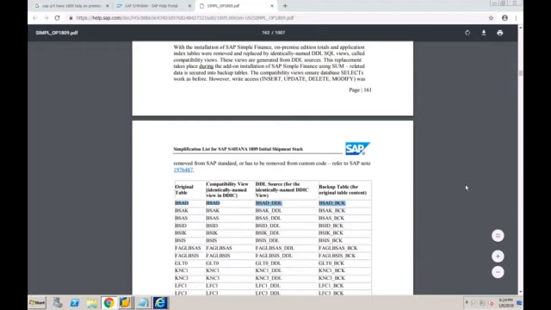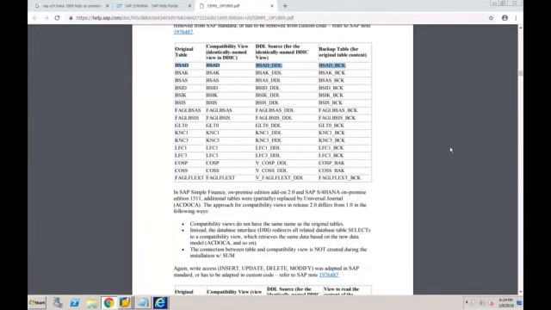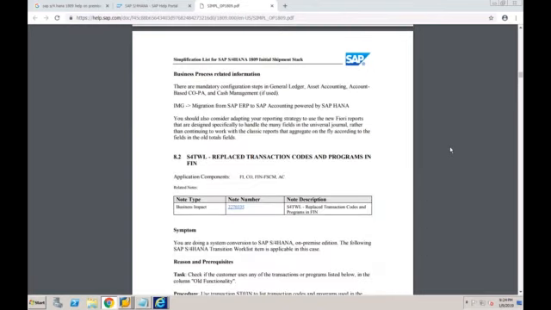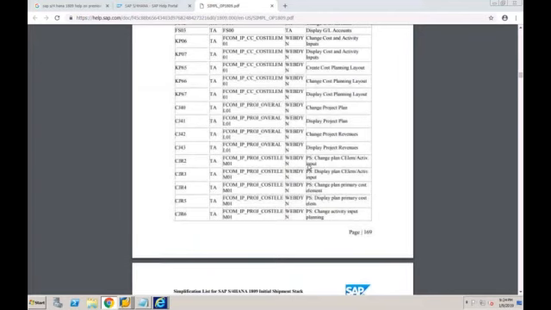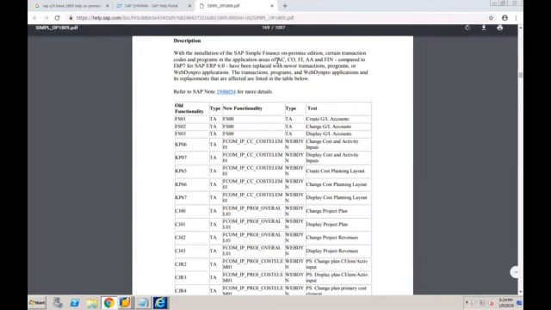So in short, this simplification list is a list of all those changes which are applicable in SAP S/4HANA compared to SAP ECC. The first one is the list of tables. The second one would be the functionalities. You can see replaced transaction codes. Which transaction codes are replaced with which new transactions? For example, transaction code FS01 is now replaced with FS00. So you'll not be able to execute FS01. It will automatically redirect you to this transaction. We will be discussing all these things in detail, but I'm just providing you a glimpse of what exactly you will find in the simplification list.